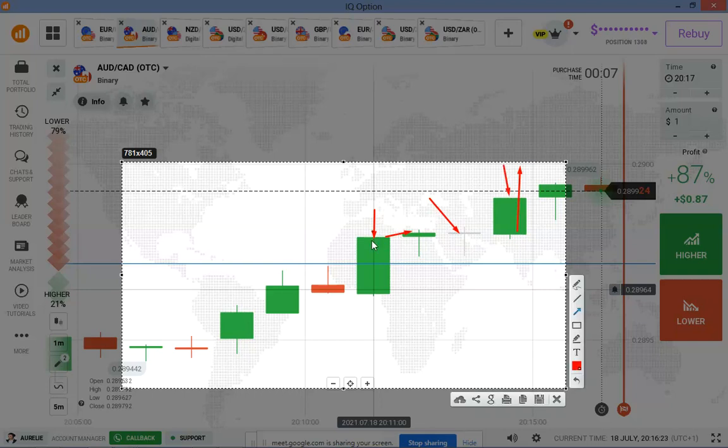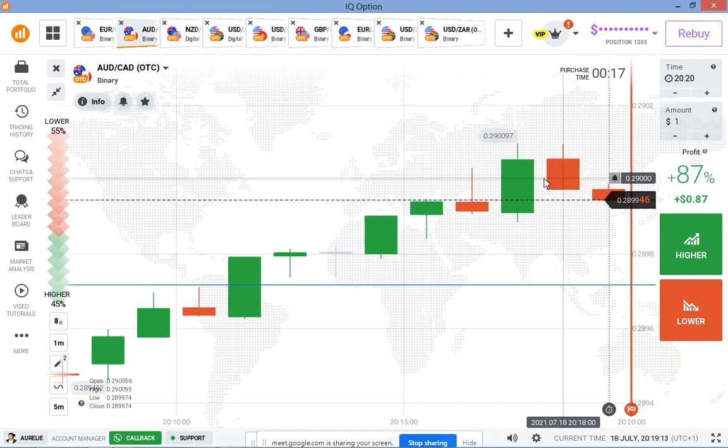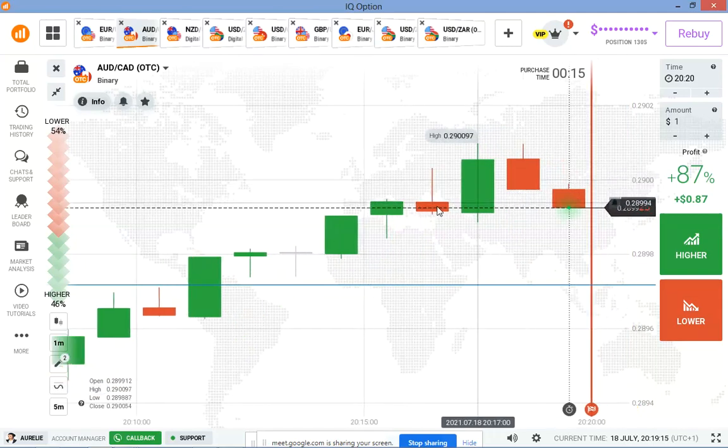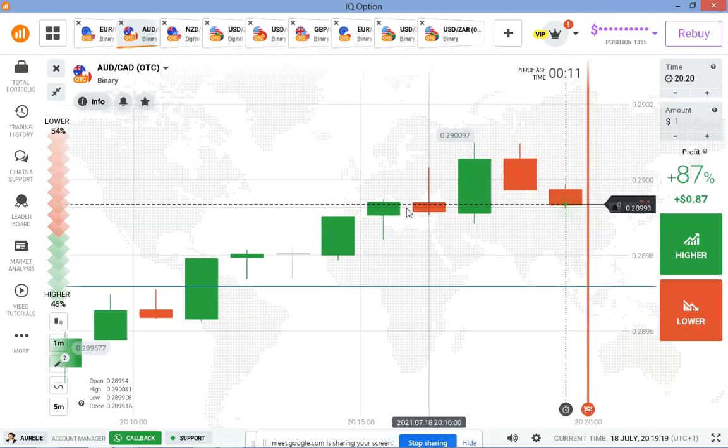I'll be waiting for a rejection to confirm that sellers will go more down so that I can open a trade with sellers candles, at least 2 or 3 sellers candles. That is my expectation. The buyers entered, no rejection. Now buyers again entered and they got a small rejection, but the body is still very weak. So that means sellers will enter on the next candle. You see that sellers entered on the next candle.